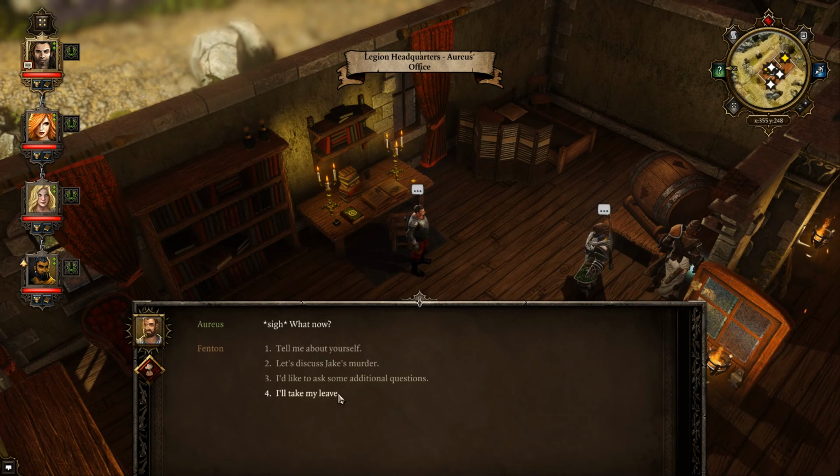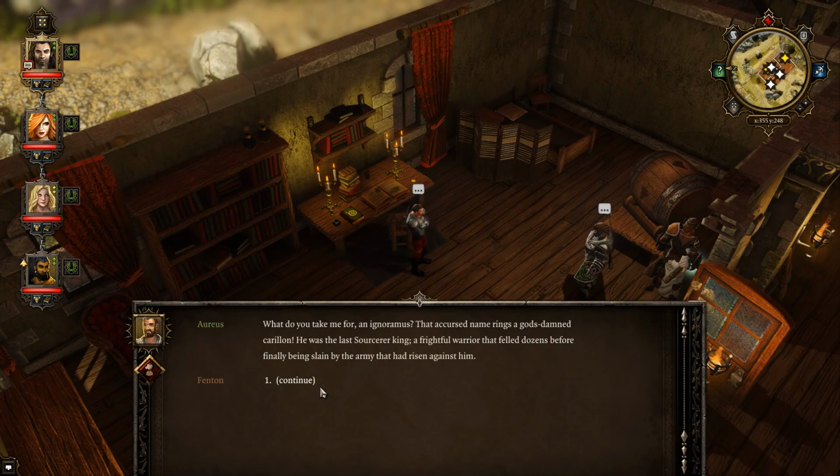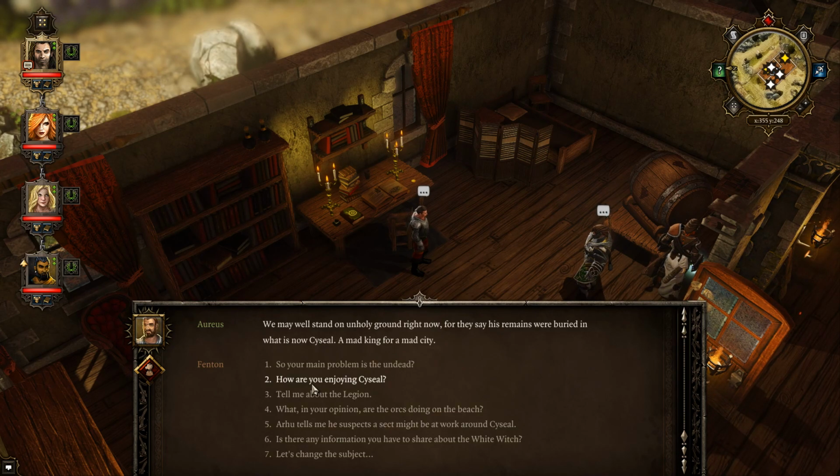Oh, what now? If you must. What'd you take me for? An ignoramus? That accursed name rings a goddamn Carillion. He was the last Sorcerer King, a frightful warrior that fell dozens before finally being slain by the army that had risen against him. We may well stand on unholy ground right now, for they say his remains were buried in what is now Cyseal, the Mad King from...